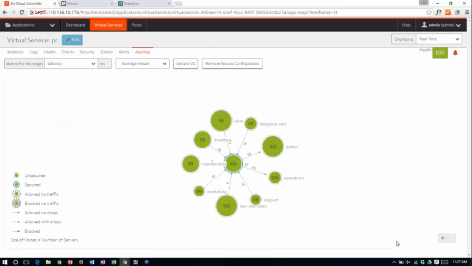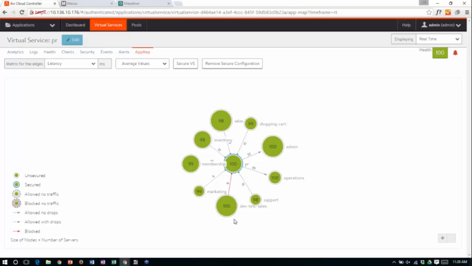Okay, great. And I never have to configure IP addresses. No IP addresses, no ports. You don't have to worry about what happens if new containers are created, existing containers go down, nothing. You just say app 1 is or is not allowed to talk to app 2. No ACLs? No ACL. No IP address? No IP address. So awesome. And this is already enforced. Yes. So not only did the system enforce this, but we can see that there is a service in my data center that is trying to talk to PR, and it shouldn't be doing that.